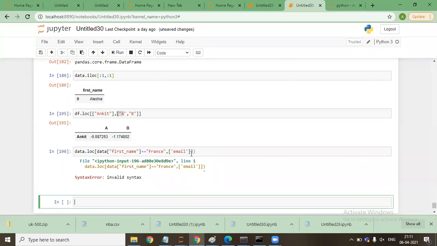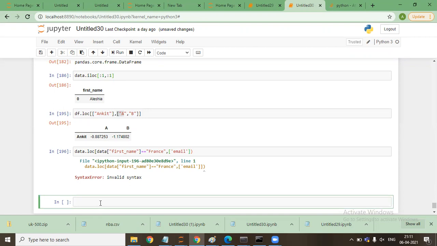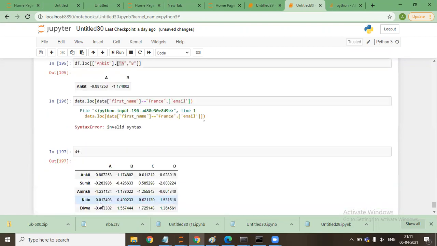Which values? I mean, in front of Ankit, the 2 values. Yeah, so A and B, like the rows where the name is Ankit, and the A and B columns. These are not randomly selected. The data frame that we had was made yesterday, so the values of Ankit where A and B are there, those are the values that came.